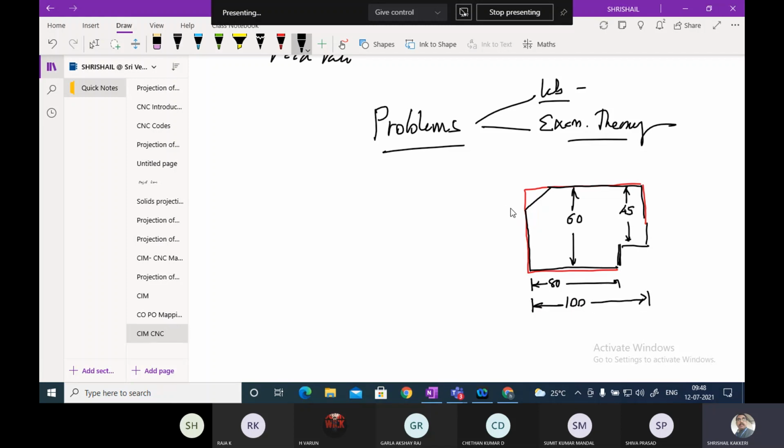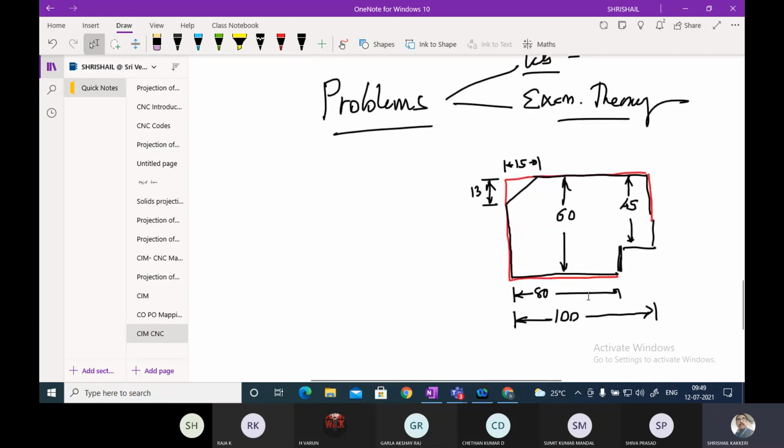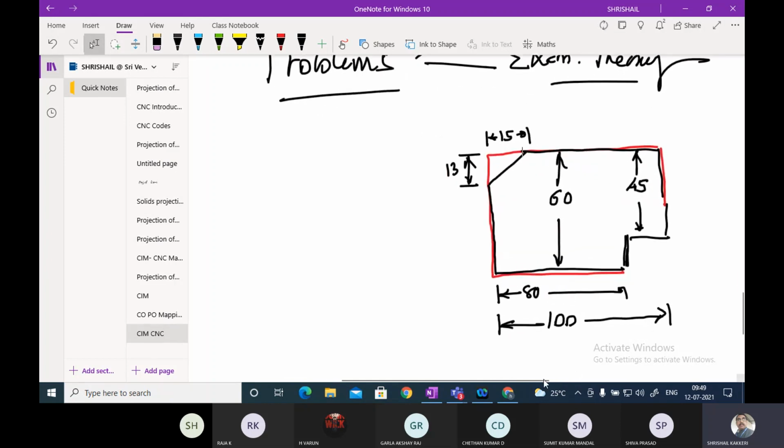While I am doing the program, you can write step by step. I will be explaining step by step. Okay, 13, and this is the 15 mm distance. Please write this figure, all of you. Yes, Varun, yes sir, writing. After writing, please show me. If you simply keep quiet and look at my discussion, I think it will not help you. Each and every one of you has to write and show me this figure.